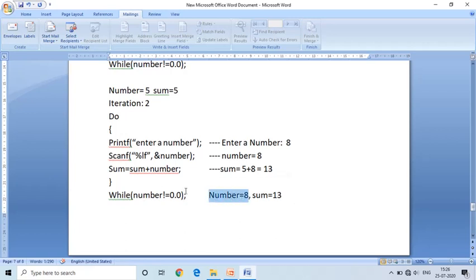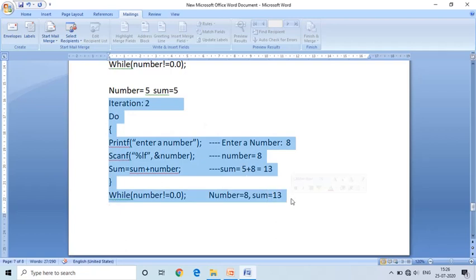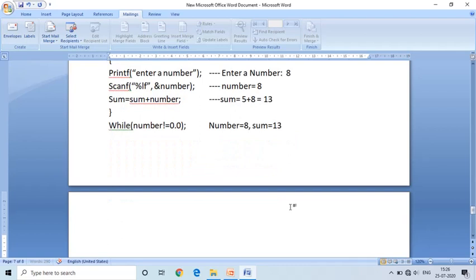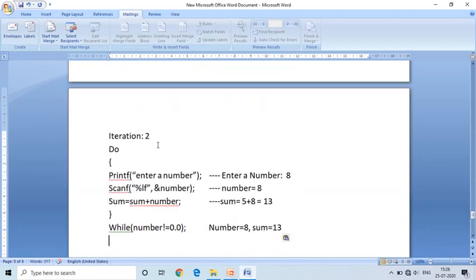It is not equal to 0. The condition is true. The control is transferred to the beginning of the do while loop, and iteration 3 is started.